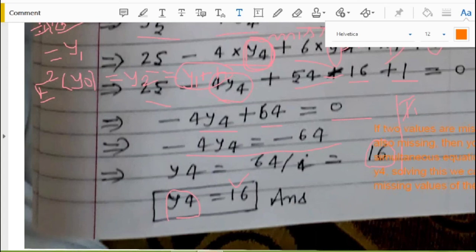Okay, so I think the concept is now clear, and